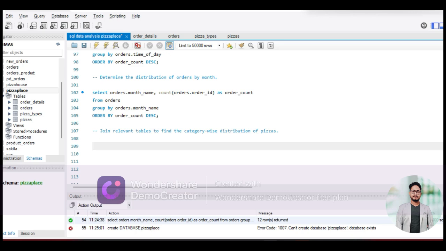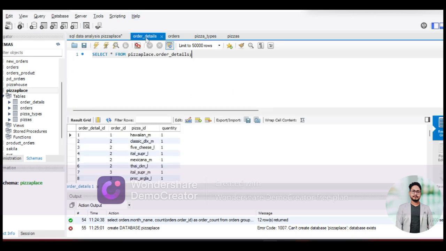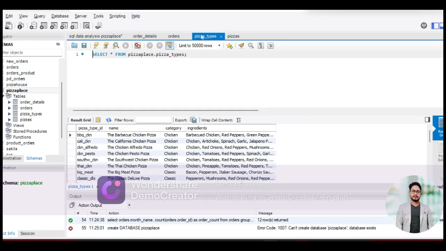So it is a fairly simple question. We need not do a join in this query, but let's find out which table will provide us the correct answer. So we need to find out the category. We have the category in pizza types. So we will find out the category from the pizza types